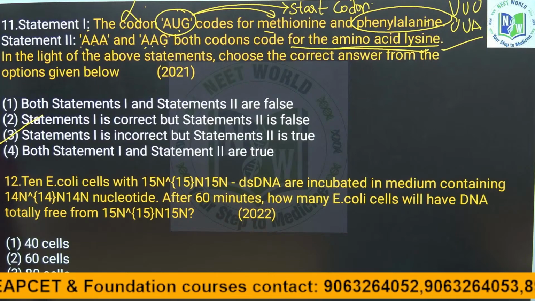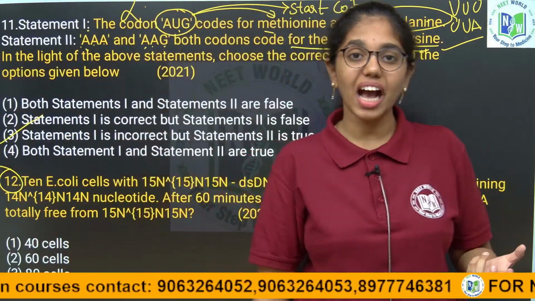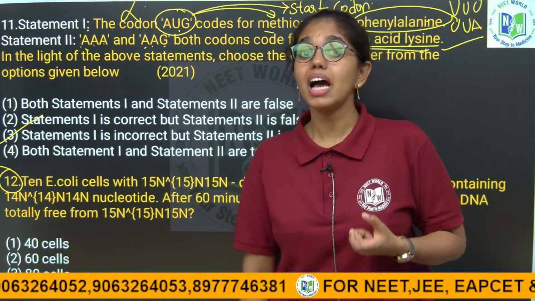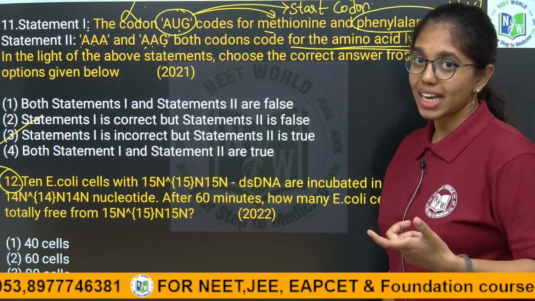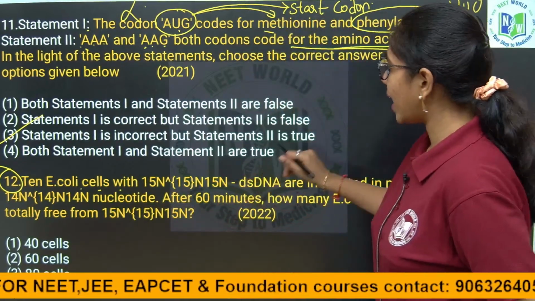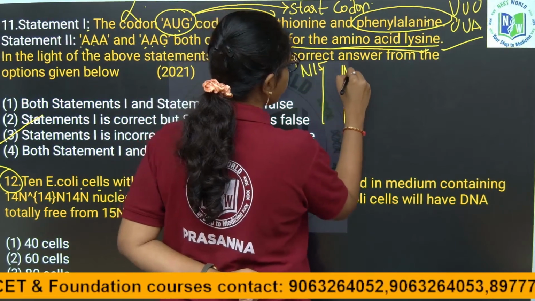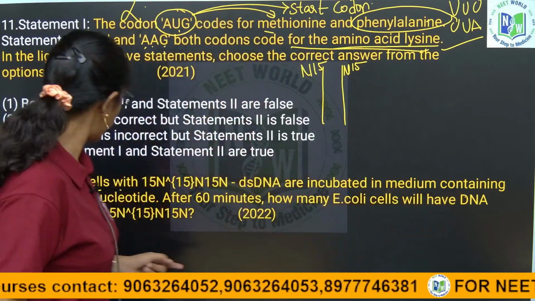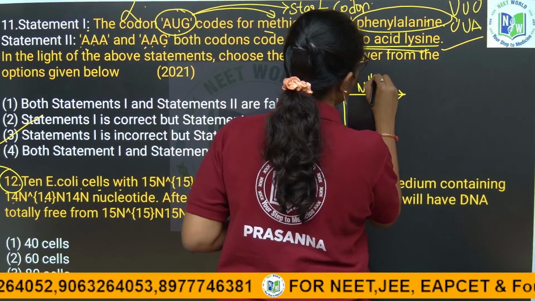Here again, in the 12th question, which is from 2022, one more numerical question, very much important. This is from Meselson and Stahl's experiment, the experimental proof of the semi-conservative method of DNA replication. Here he is saying in the question: 10 E. coli cells with N15 N15 isotope of double stranded DNA are incubated in the medium containing N14 N14